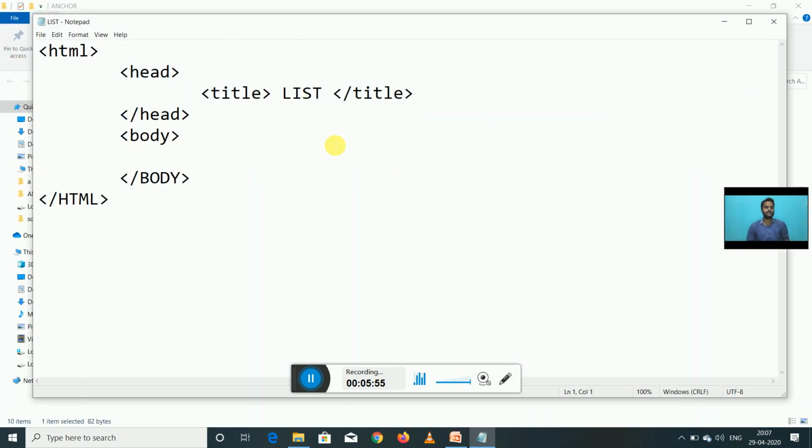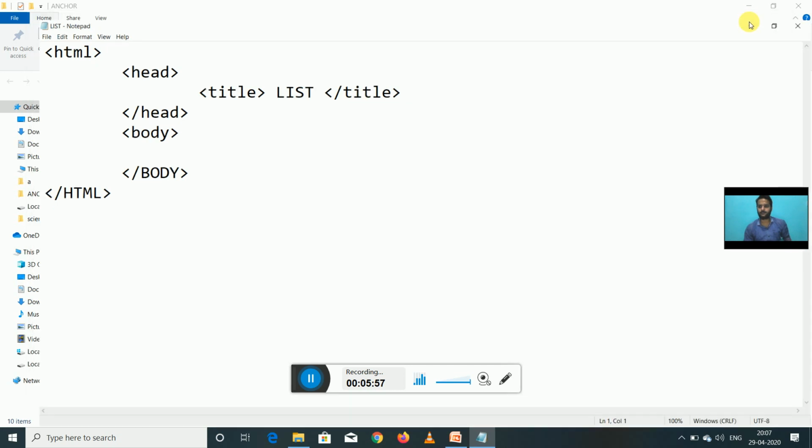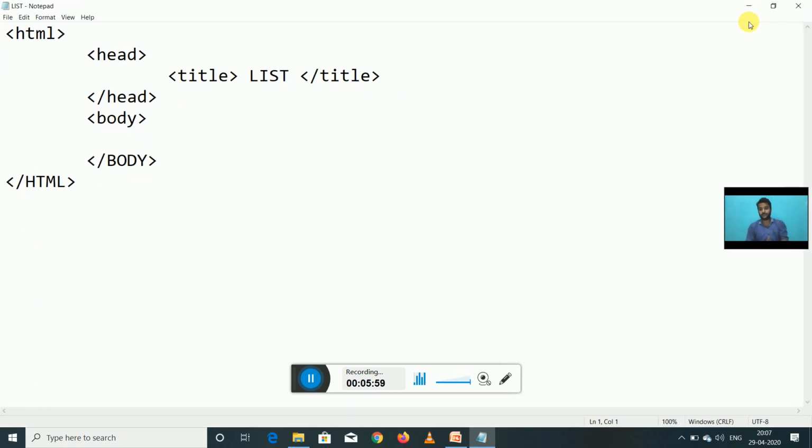This is our notepad. I have previously written this program. Here is our HTML and the head, and in this we have a body tag. In the body tag we have to write the ul tag, and in the ul we use a li tag.